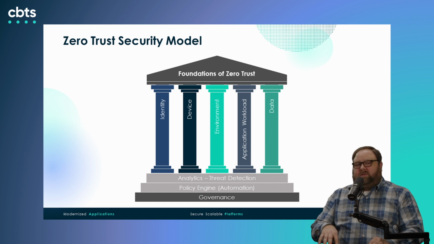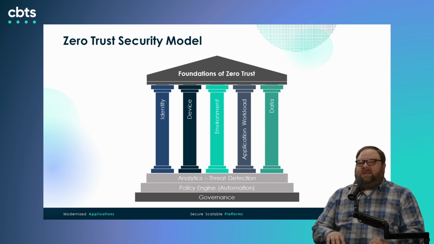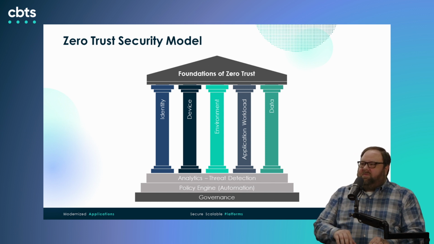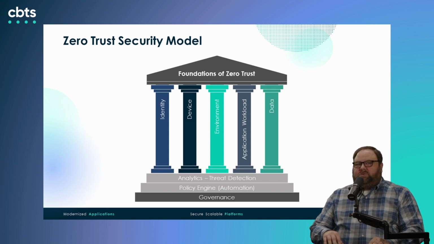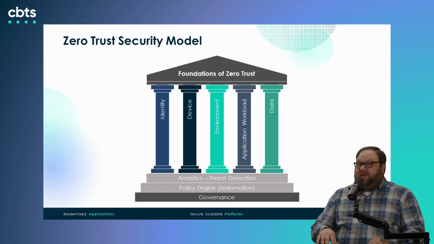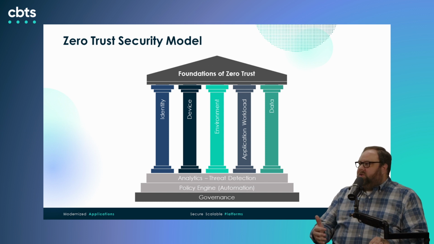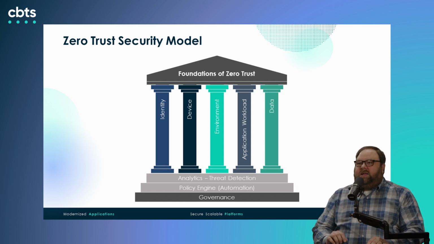And then the third layer down there is analytics and threat detection, and that is visibility into your environment. Being able to see across all of those pillars is very important to feed data down into the policy engine and governance areas. Now, the pillars of Zero Trust, according to CISA, are identity,